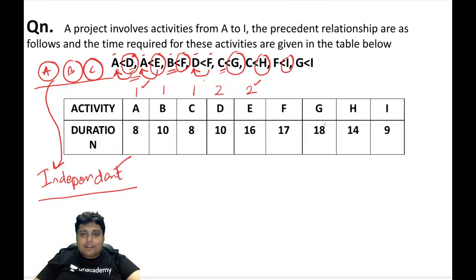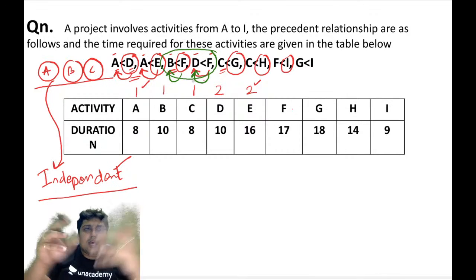Let's come to activity F, my friends. Activity F is very important, very important. Let's see here, let me choose another color. B and D both are before F. It is very important, my friends. B and D both are before F. It is like this: activity F should be both after B and after D.